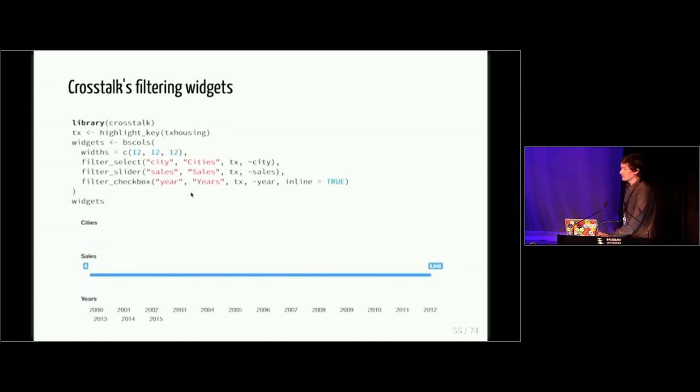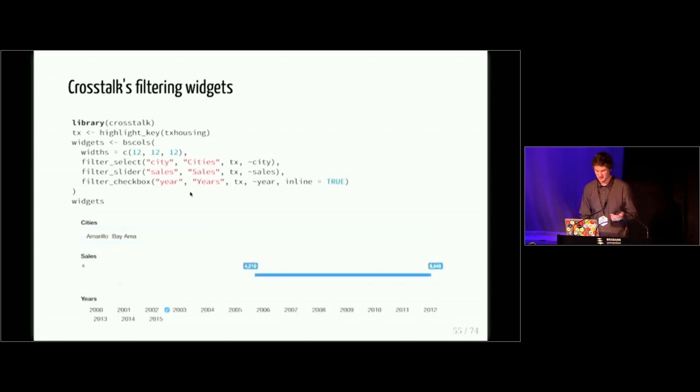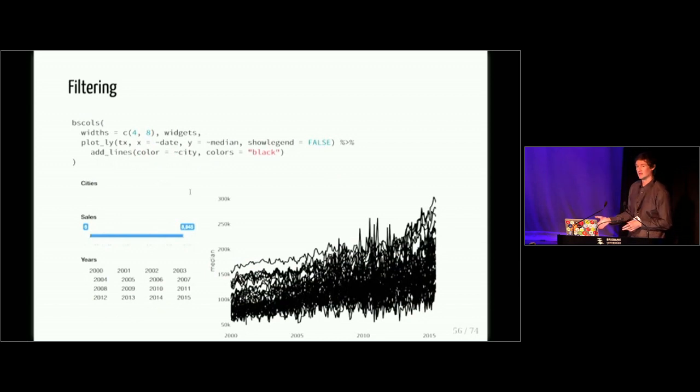And then for the filter slider, you should provide that a numeric variable like sales, and that will give me a slider ranging from the minimum to the maximum of that variable that I can then change in this way, and then a checkbox as well for year. So you could actually print that out and get an output like this, but on its own this isn't very useful. We should link that to an actual visual, and again I'm going to use that bscols function and provide it the widgets so that I get sort of like a side panel with the three widgets on the left hand side,